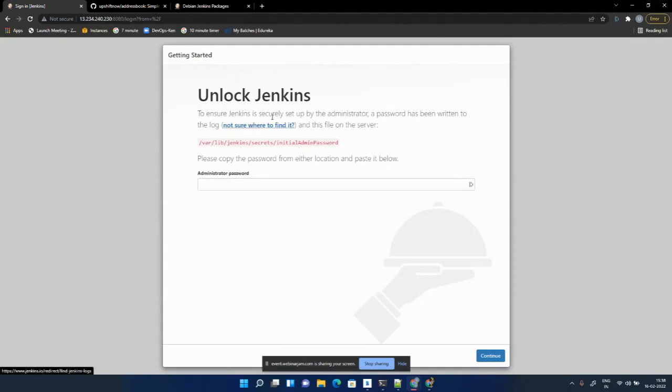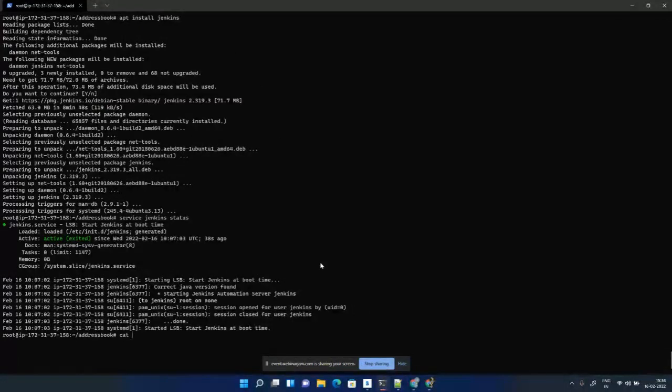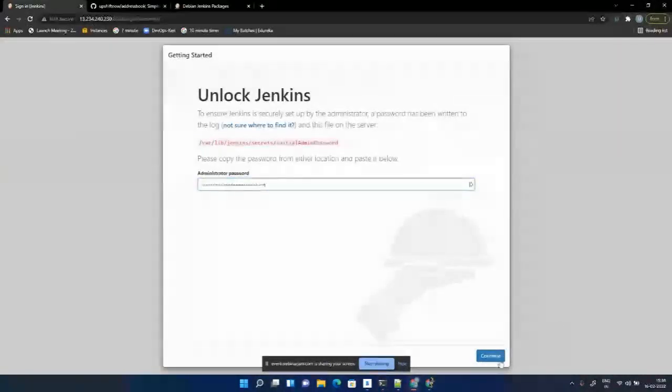Now to start configuring Jenkins or setting it up for the first use, I need to provide the initial password that Jenkins creates. It's in this file. So if I go to my machine and print the content of this file, I get an initial password and I need to input this password, click on continue,